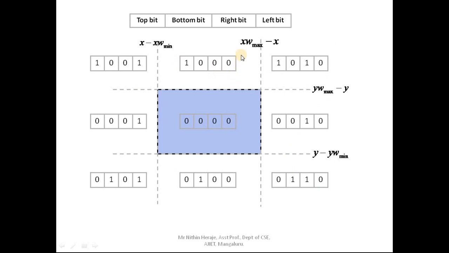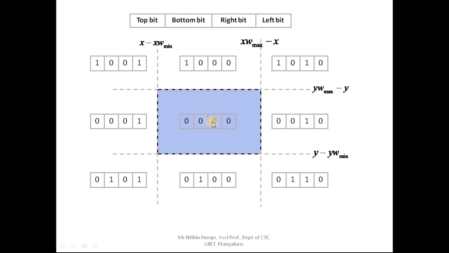So this 4-bit number is called the outcode. Okay, with respect to this, we are going to set it. It is not necessary that you follow this same order. You can also change this. You can start with the bottom, then go to left, then go to right, then you can go to top. You can set it as your own, but further you need to follow the same coding. So here the code is, rightmost is for left and so on. So you can change this, it is left to you.